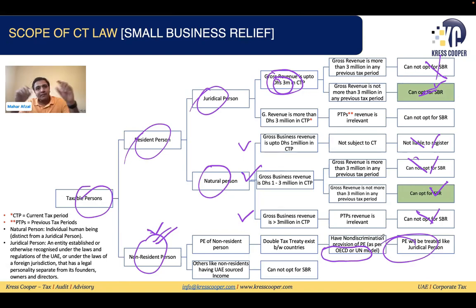Important thing is, while calculating the income of a natural person against the threshold of 1 million, or 1 to 3 million, or more than 3 million, we will never ever consider three different incomes. We will never consider the salaries of the natural person. We will not consider income from any personal investment, including personal investment in real estate. These three incomes we will never consider for a natural person to assess their income and compare it with the respective threshold. Hopefully everybody is clear regarding this.